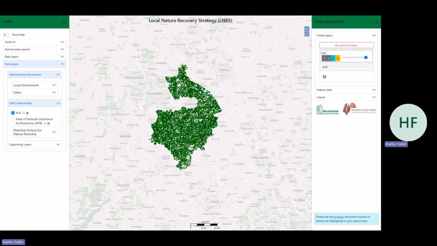Areas that could become important for biodiversity, or the ACB layer, highlights areas that have potential to support significant biodiversity in the future. These may currently be degraded, overused, or less ecologically rich, but they offer opportunities for habitat creation, restoration, or enhancement. ACB areas are strategic zones where nature recovery actions could make a meaningful impact, helping to expand and connect existing